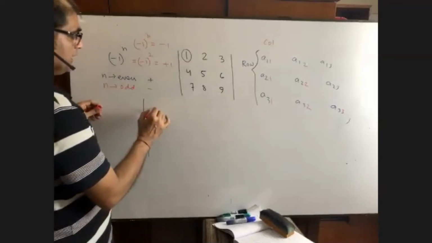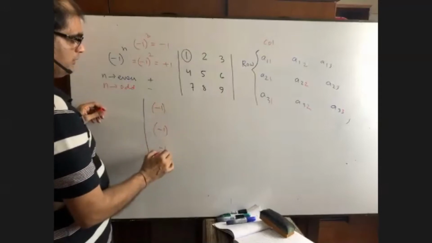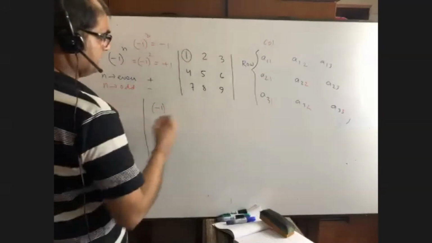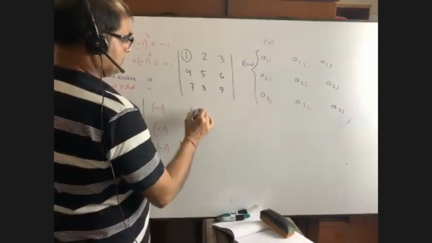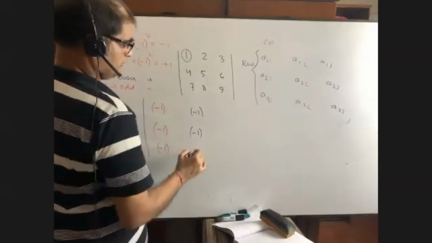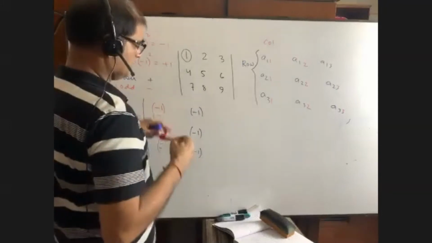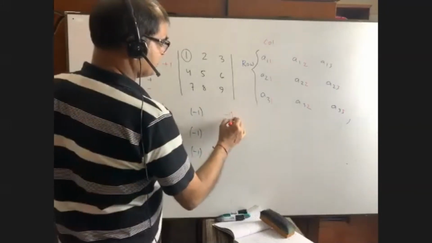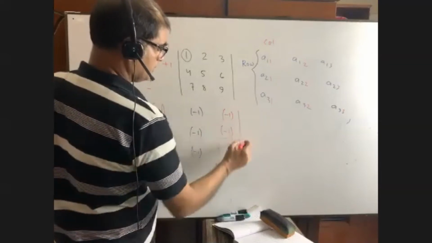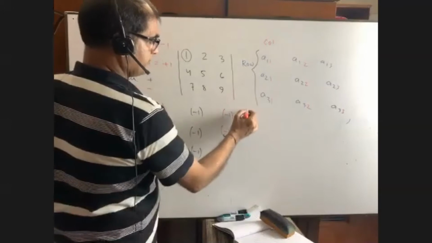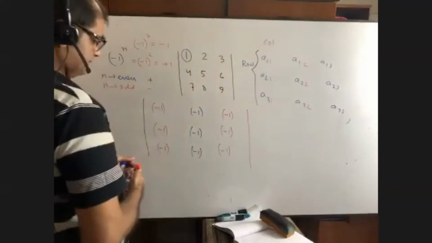So everywhere I'll give -1, -1, -1. It is again for the second column, it is again -1, -1, -1. And for the third column, I am going to write down the same thing, -1, -1. Sorry. Okay. And you see there is a combination here, a 3 by 3 matrix.